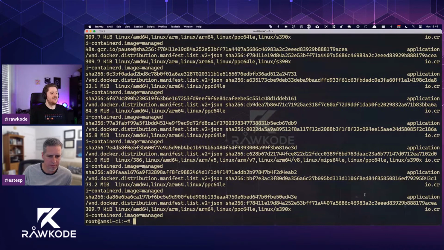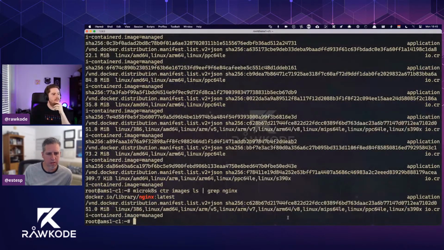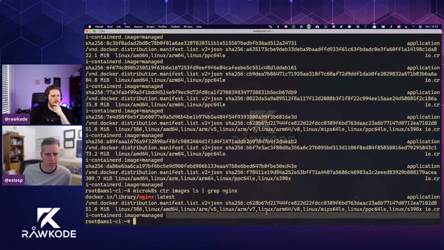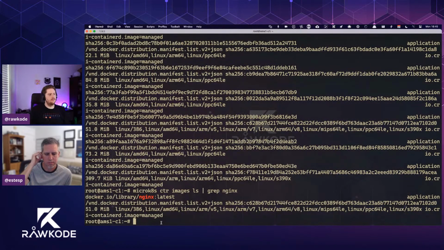If you grepped for nginx, you'd see that we've pulled nginx:latest, and that it was a multi-arch image. It supports all those platforms, but it only unpacked the linux/amd64 image. So now we can run it.